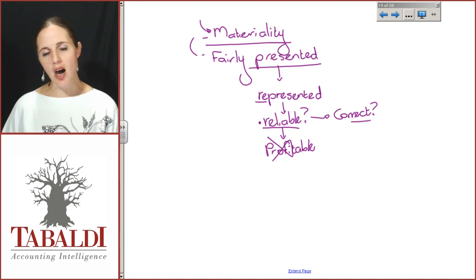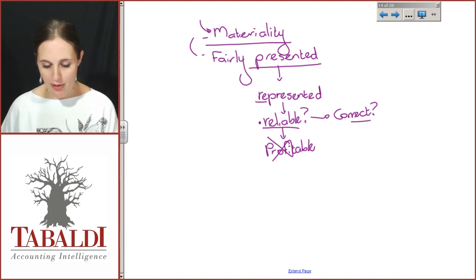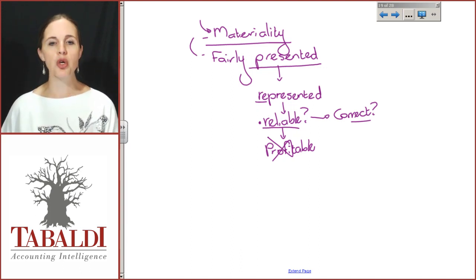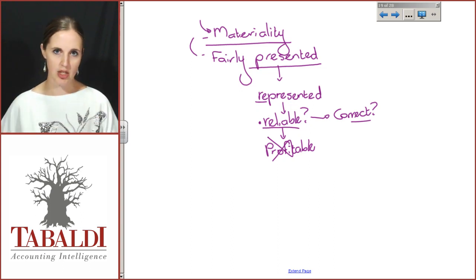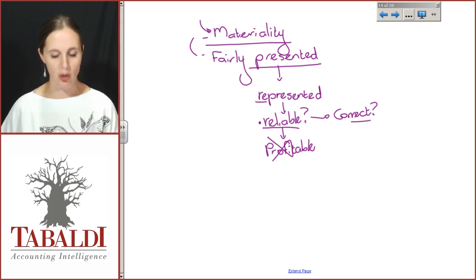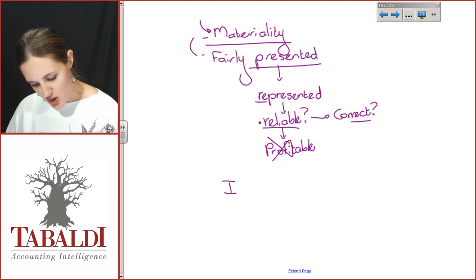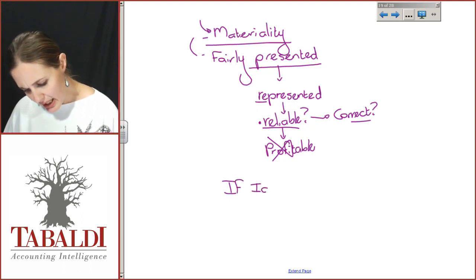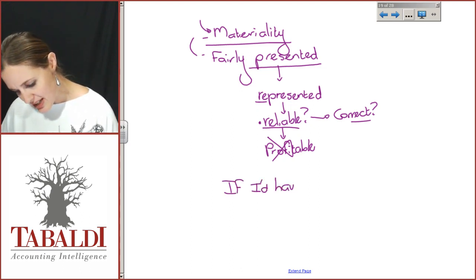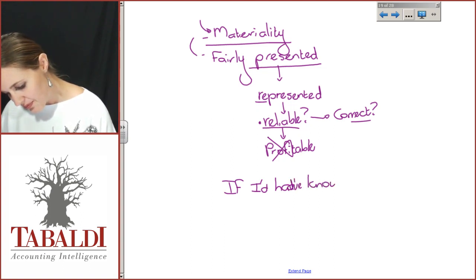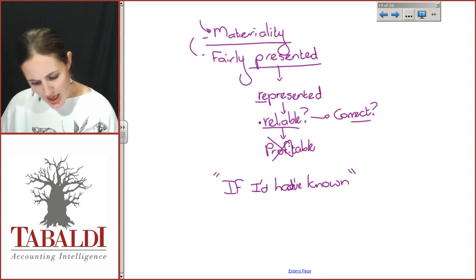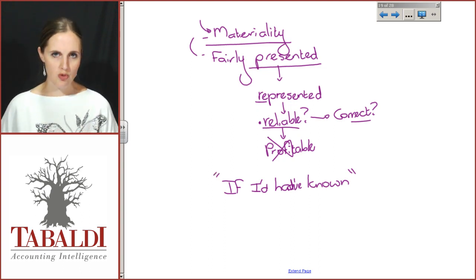The question is, how far off from the photo does it need to be before you decide, wait a minute, this is actually not what I signed up for. This is not what I want. And a term that I often say to my students, think about, is if your user says, if I had have known,